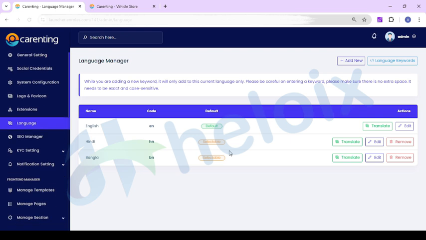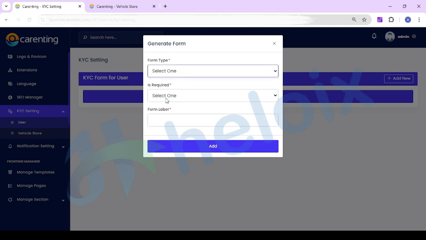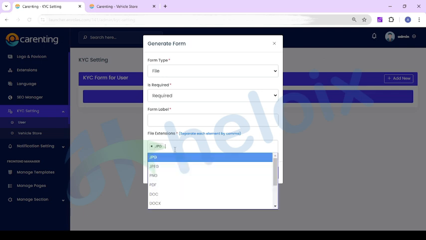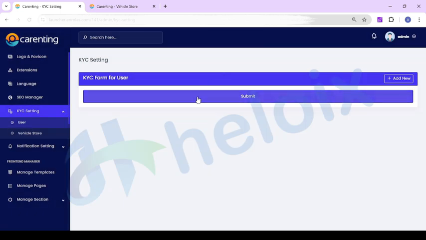After that you can set up your own language, meaning how many languages you want to work with. So here you can set up your languages. SEO manager we have. Here you can set up a form for KYC, like if you need a PAN card, you can ask for a PAN card. If you need anything else, then you can ask for PAN card images. So here you just need to add the name, and then here you can select the extension. So this is a mandatory field, so the user will fill that form, and after that he or she will approve that.